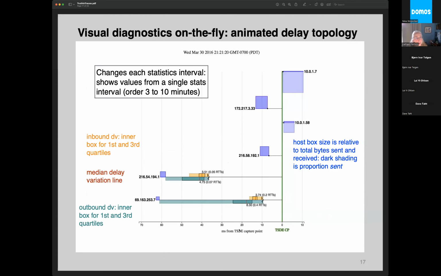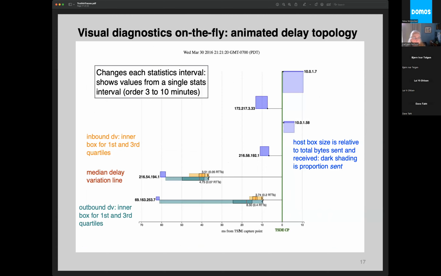Okay, here's another visual diagnostic on the fly. And I'm not saying any of this is the way to do it. The reason I'm putting this out is what I hoped years ago, and still hope, which is to inspire people to go out and figure out what they can squeeze out of these packets and how they can display it.